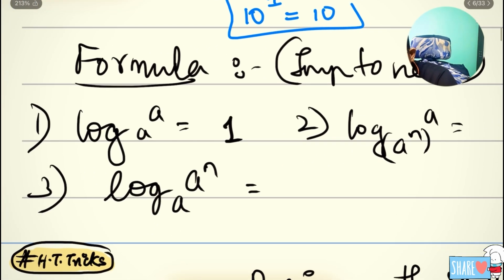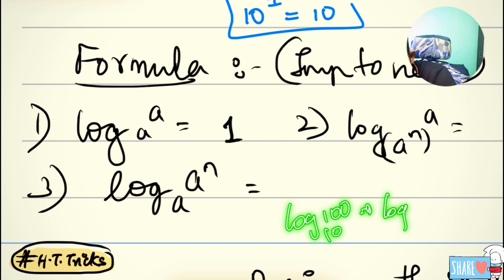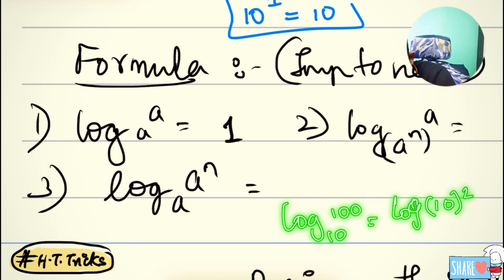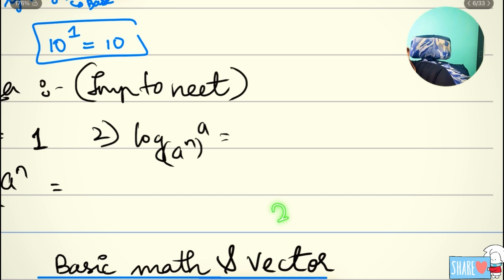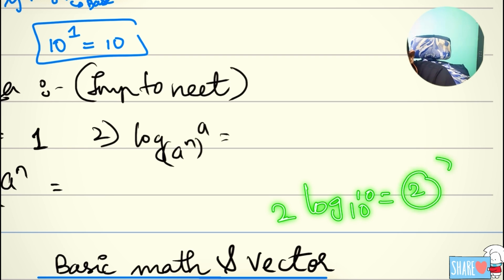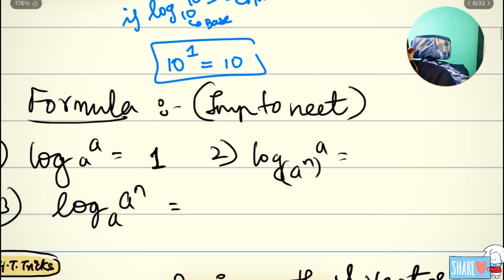One more thing here. Normally you may see it like this. Now I will also give an example, right? If you see the sum which I have done, log 100 to the base 10, how did I write it? That was log 100 to the base 10, and what I wrote is log 10 to the power 2 to the base 10. When I am writing it, I have kept the 2 in front, and finally I wrote 2 log 10 to the base 10 is equal to 2, right? So simple. How we can write it here is: